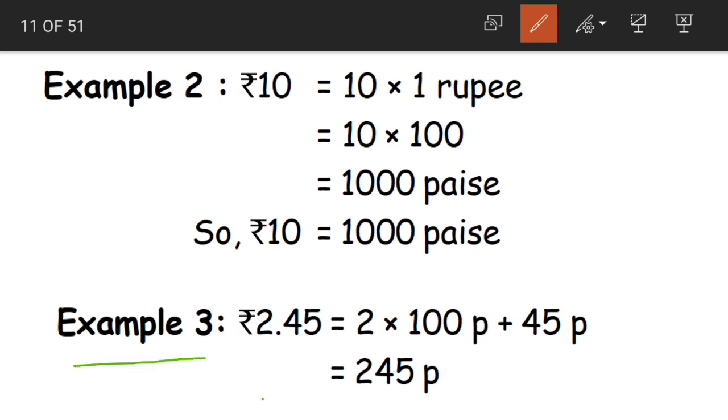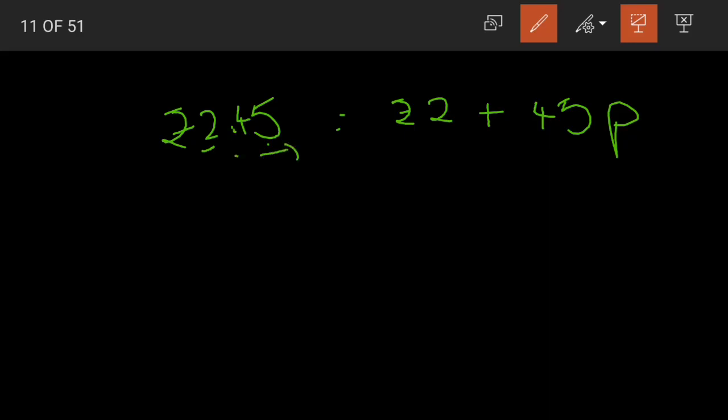Now coming to example 3, 2.45 rupees. Rupees 2.45, that is nothing but 2 rupees and 45 paise. That is nothing but 2 rupees plus 45 paise. Yes, we learned just now that if we are writing a point here, the numbers to the right of the point are paise and to the left are our rupees. Now if you look at the 2 rupees and 45 paise, children, how many paise is 2 rupees equal to?